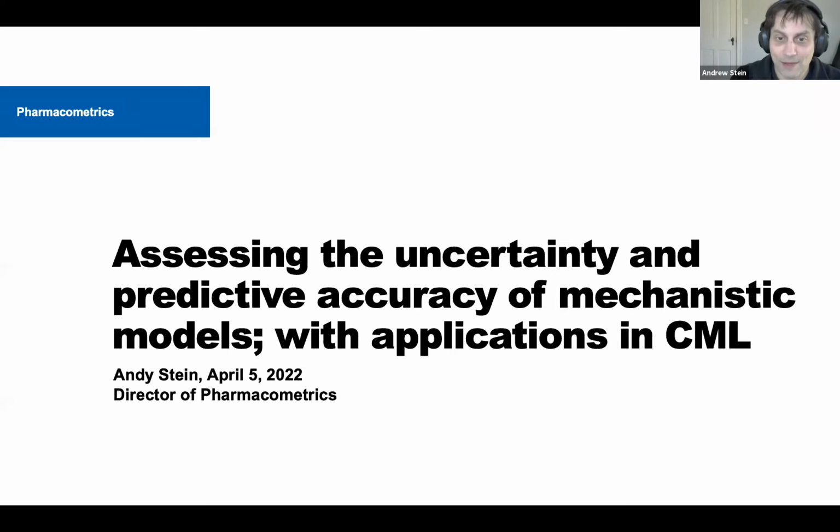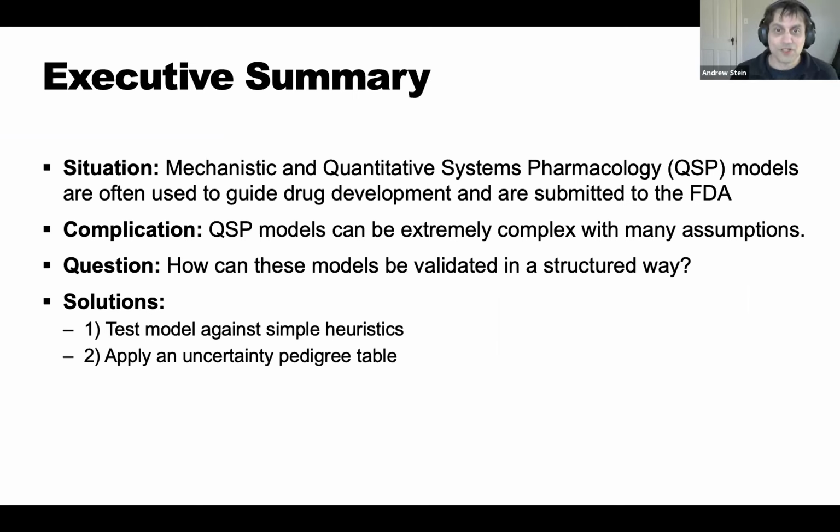I'm going to talk today about how we assess uncertainty in our models when thinking about predictive accuracy. And at the end, I'll talk about an application in chronic myeloid leukemia. So just an overview: more and more, I think, mechanistic models, and sometimes we use the term quantitative systems